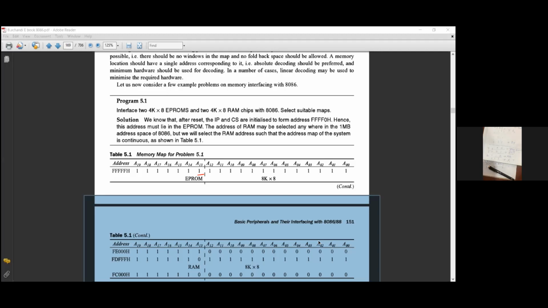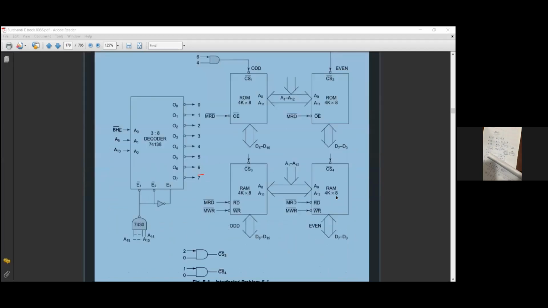Yes, sir. Because at the time of 4, both the banks, odd bank and even bank. At the time of 5, only even bank. So for even bank, 4 or 5 is required. For odd bank, 4 and 6 are required. Okay. So next, just go down. Just see, there is an AND gate. For 4 and 6, if anyone is 0, then the output will be 0. Similarly, odd bank will be selected.